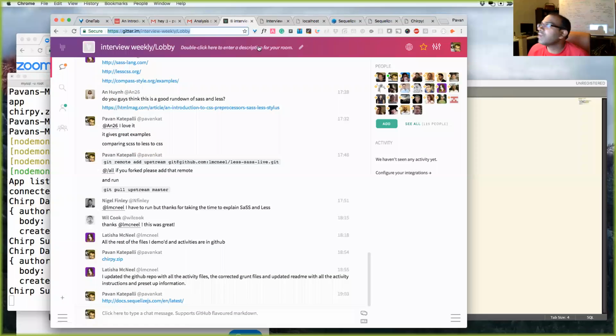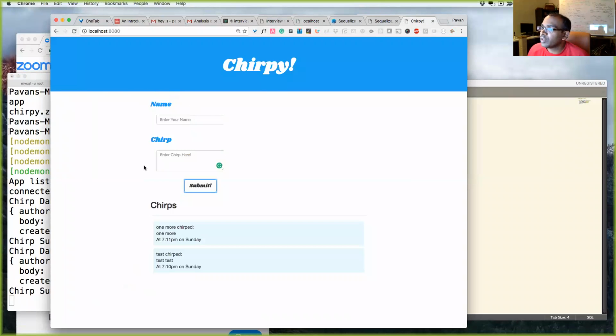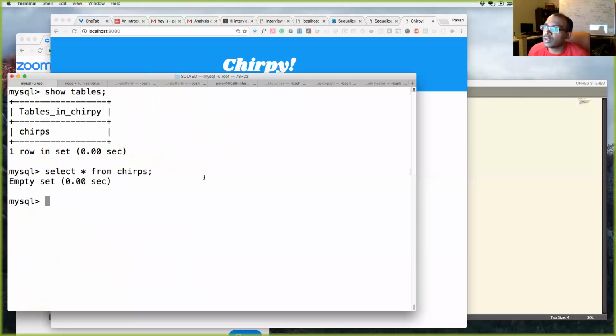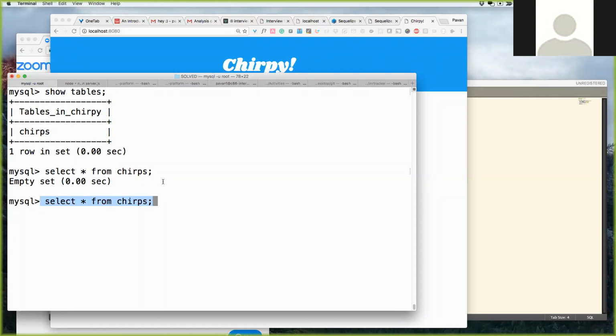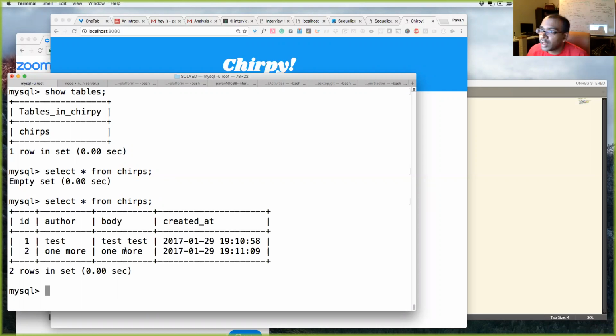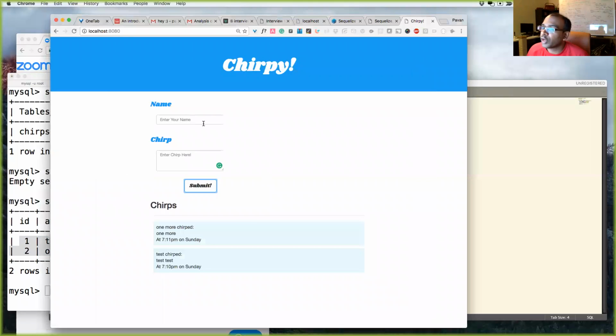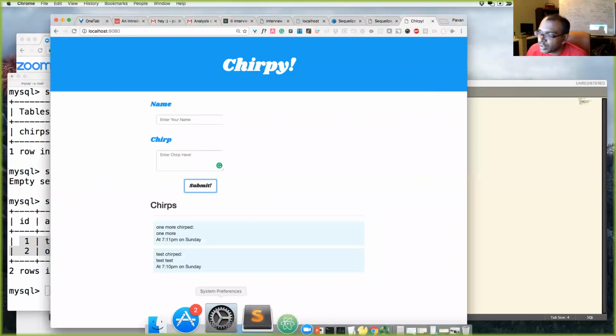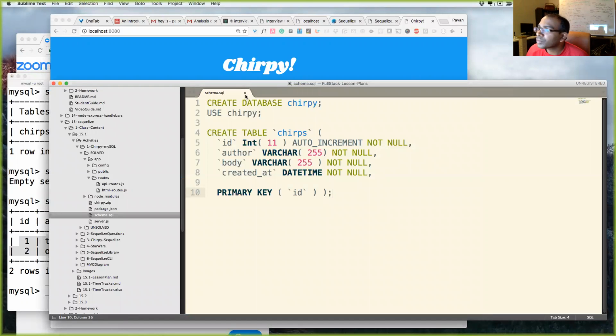So I'm there, and let's open up Chirpy. We see all this, and if I go into MySQL and I run select star from chirps, let's go to anyone else. What's gonna pop up when I run this now? All the rows and columns will pop up, right? And the 2 chirps that I sent out are right here, and we see them over here. So if I just go into the code,